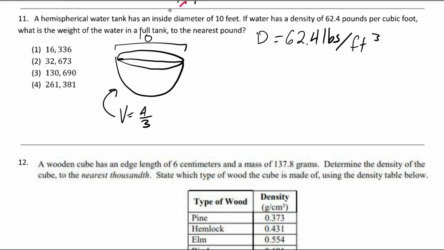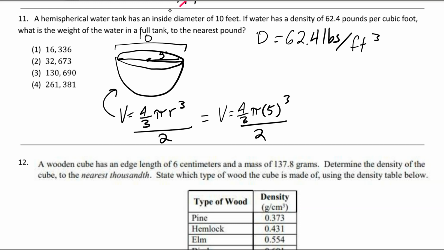And the volume formula is 4/3 pi r cubed, but it's a hemisphere, so I would divide that number by 2 when I get it. And if the diameter is 10, the radius would be half of that, or 5. So the volume equals 4/3 pi times 5 cubed, all divided by 2, which is about 261.8 cubic feet,